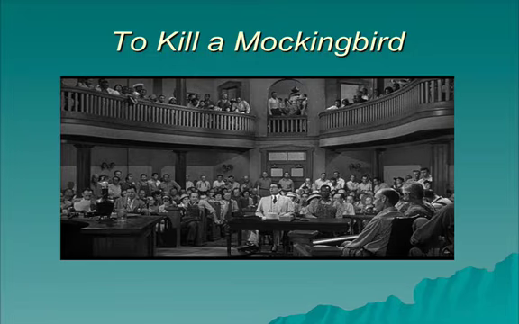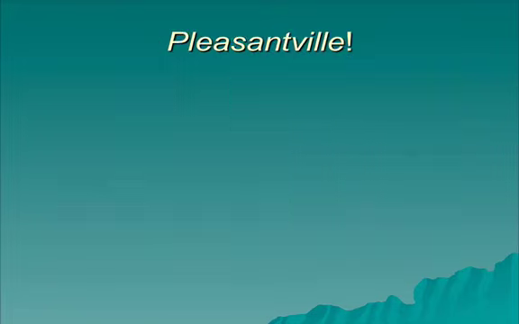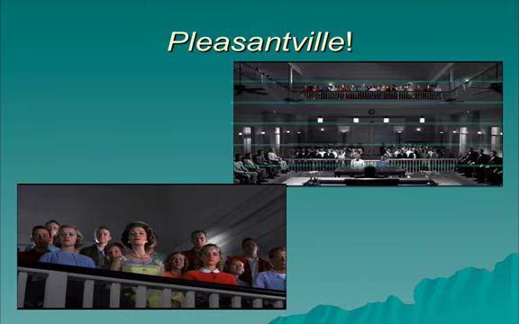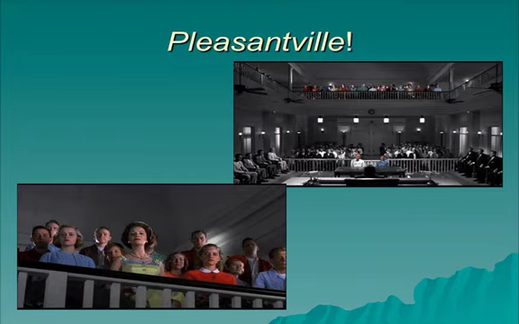In To Kill a Mockingbird, the movie, there's this really famous courtroom scene. And if you notice the camera angles, you begin to understand, you get a different feel for the courtroom. So you can see all of the white people on the floor, and then you can see all the black citizens up in the balcony. Juxtapose that picture with this scene from Pleasantville, the movie. In this scene, notice that the camera angle is exactly the same, but there's been an alteration of the idea of color.